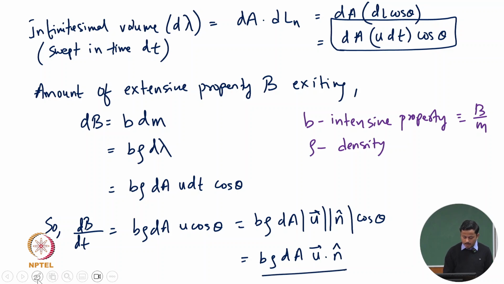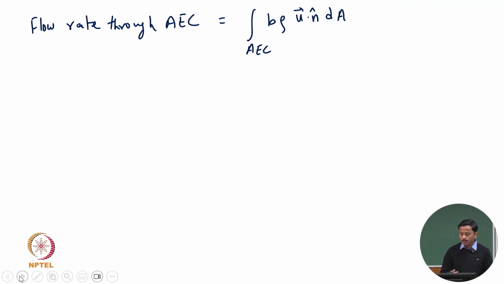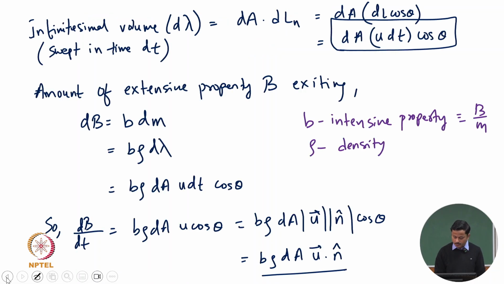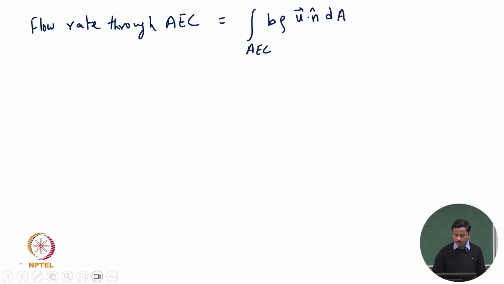Now once we have this expression, we are getting the total amount which is going out through the whole surface AEC. So we are integrating across the whole surface. This is for an infinitesimal area, and this expression is now for the whole AEC through which the system is going out. Now flow rate, similarly,